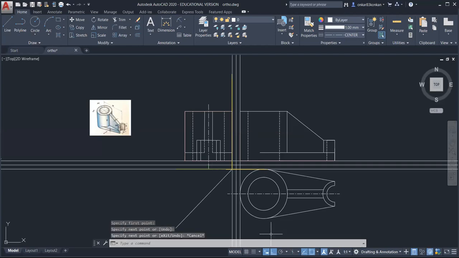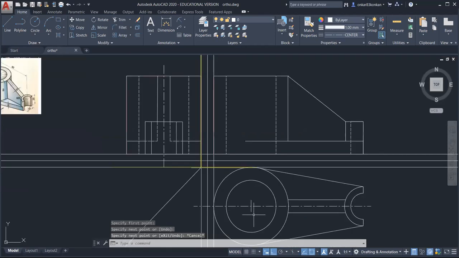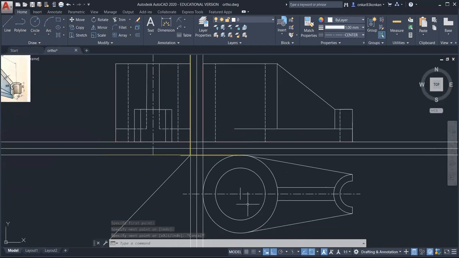Okay. Now for this circle, we should show the center. So from this point, draw the perpendicular line. So I think it is not visible, so you can change the scale.